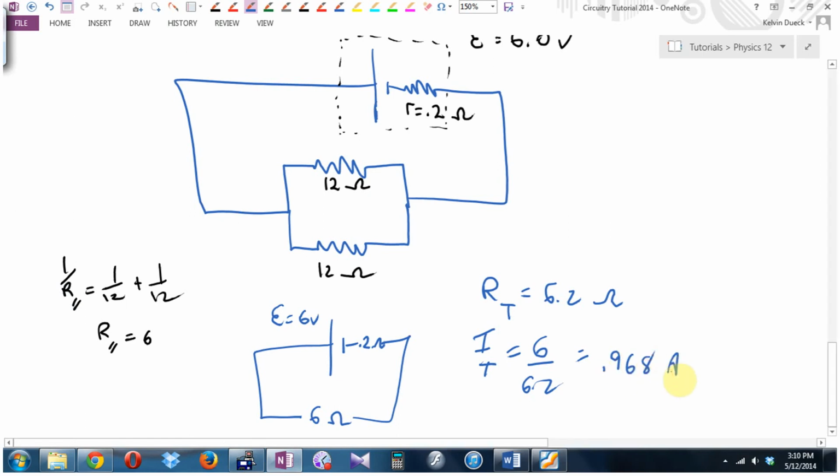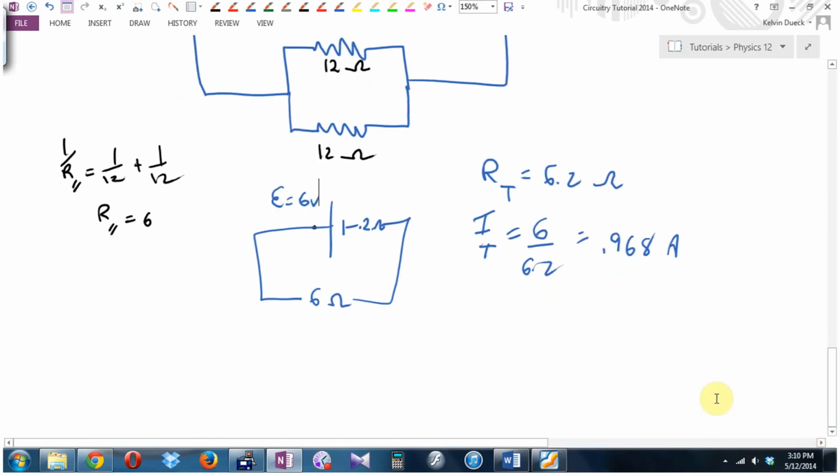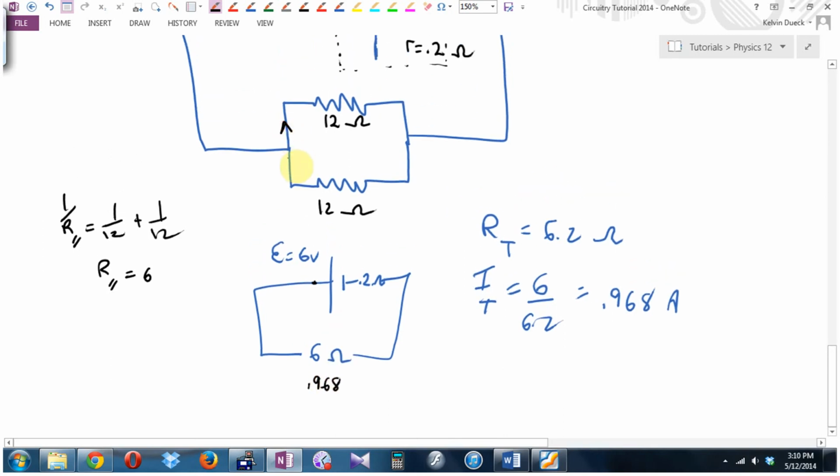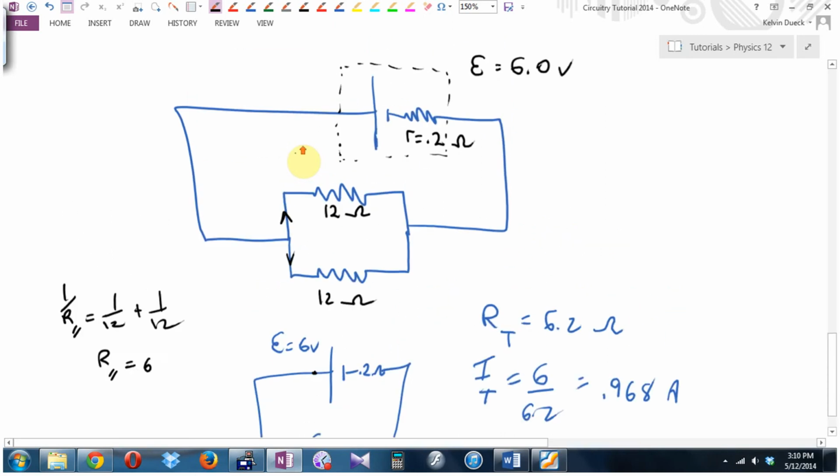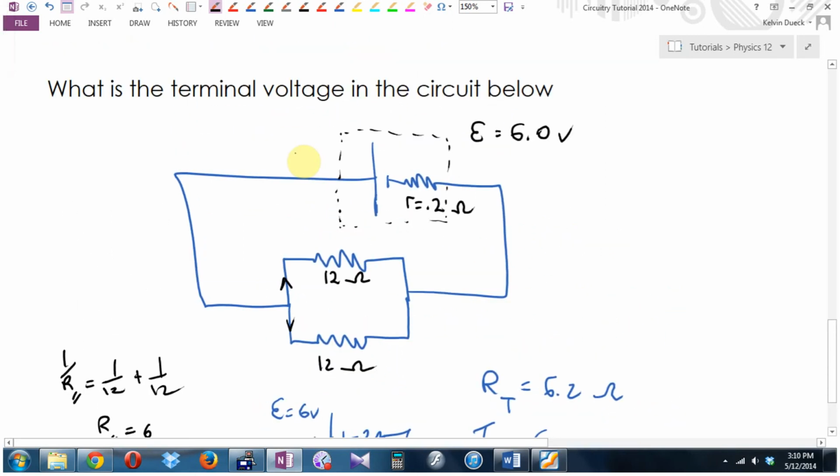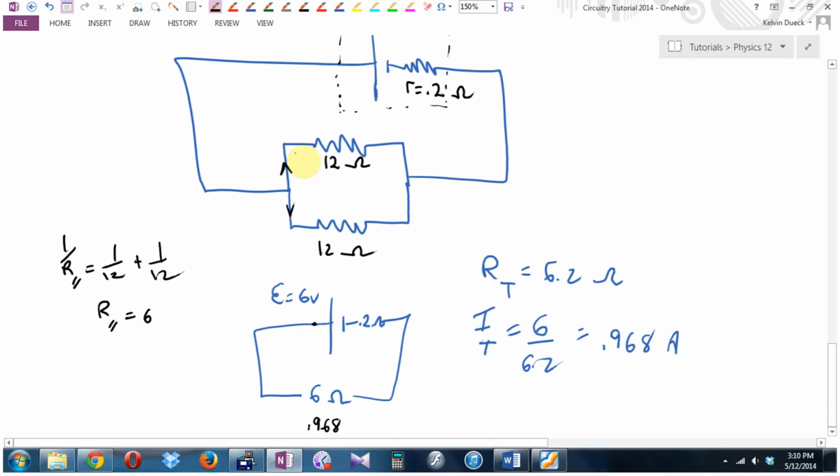So, how many amps are leaving the chairlift right there? 0.968. How many amps are going through this mathematically equivalent 6 ohm resistor? 0.968. Now, I happen to know it's going to split up 50-50 because it's 12 and 12, and I could do that if I wanted to. But the question wanted me to find what? Ryan, what did this question say? Find the... I'm telling you, the terminal voltage,